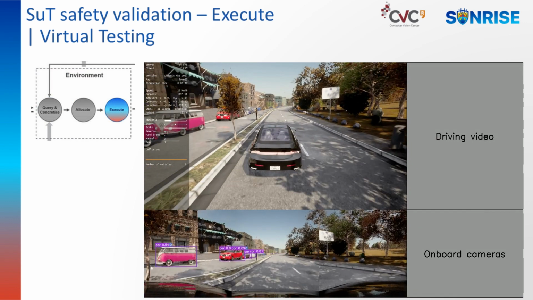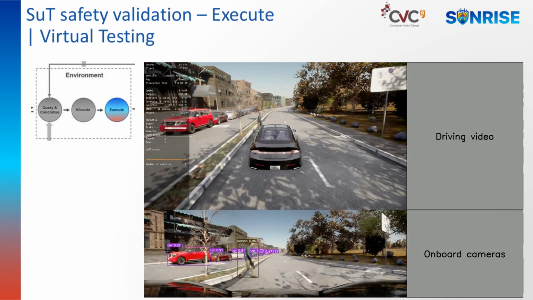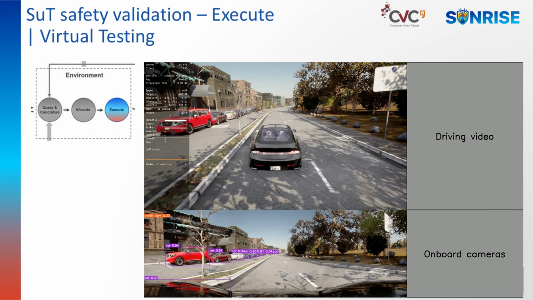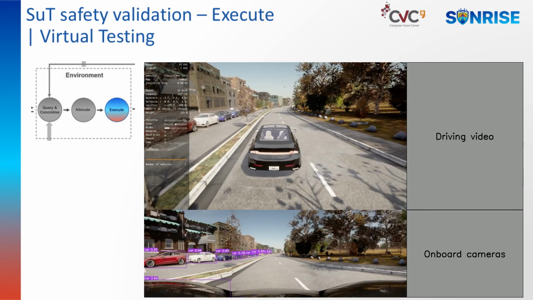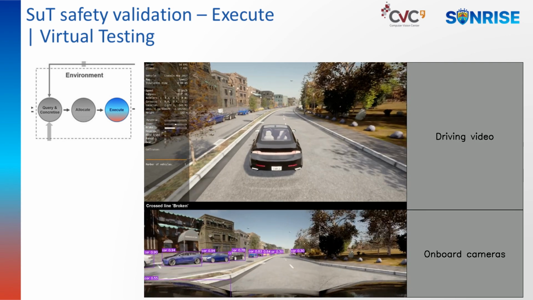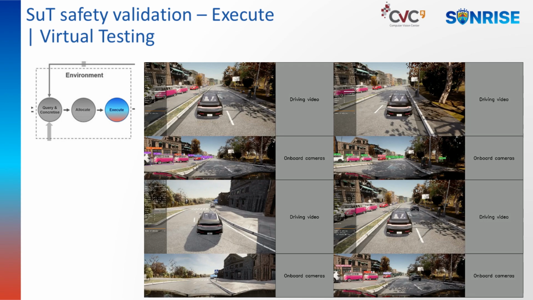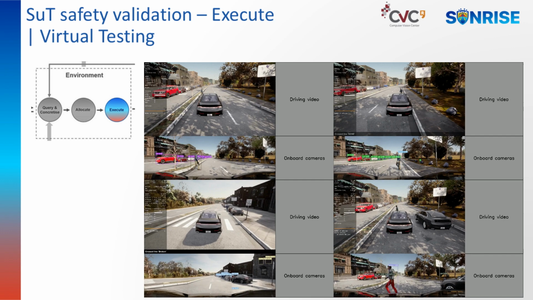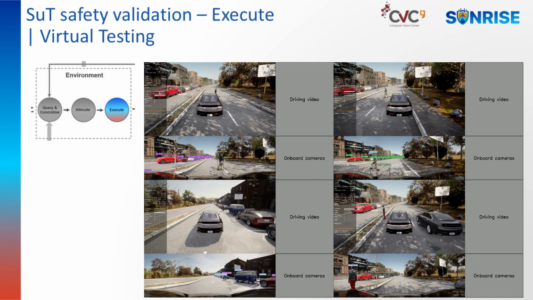This case demonstrates an emergency braking event. The top shows the driving view using an external camera. Detected objects by the perception system from onboard cameras appear at the bottom. Using the simulator, multiple variations of this scenario have been generated to be tested, changing scene areas, object positions, and